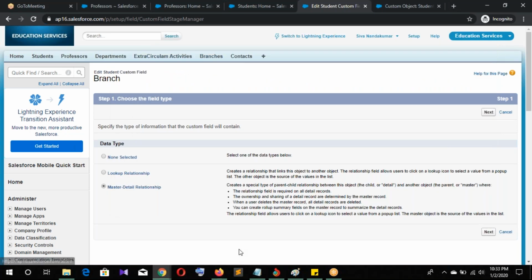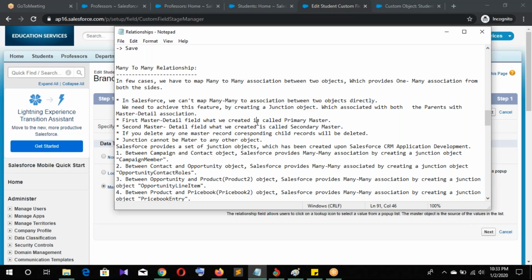Junction object means one custom object. Rarely, 99% of the time in our process we can't work on it.